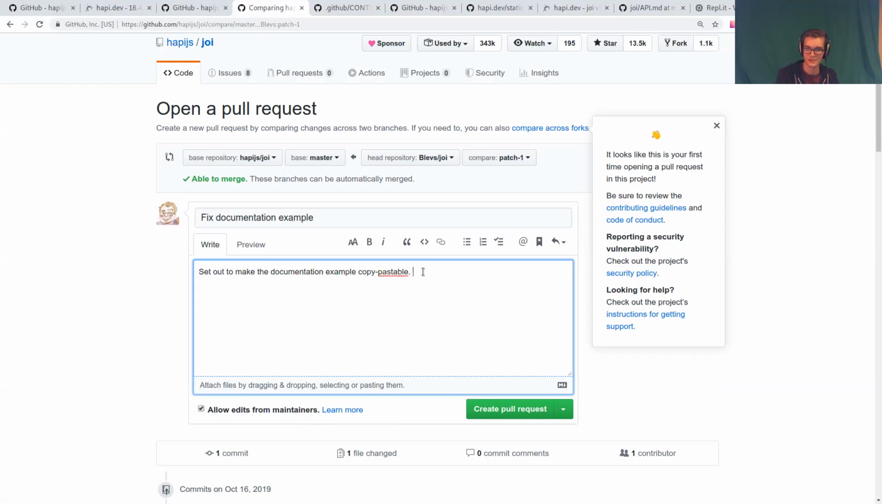So what was that? Set out to make documentation copy pastable. In so doing, I discovered a couple of other issues. I'm going to use the I here. It's like me and my imaginary friend, my rubber ducky I use for coding. So I discovered issues affecting the current version. We didn't look into previous versions, we didn't do any regression analysis. Both regular